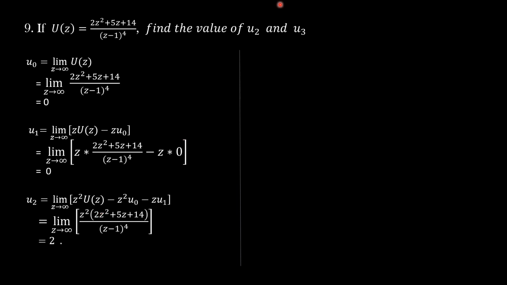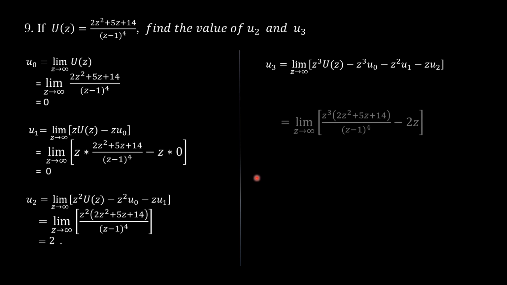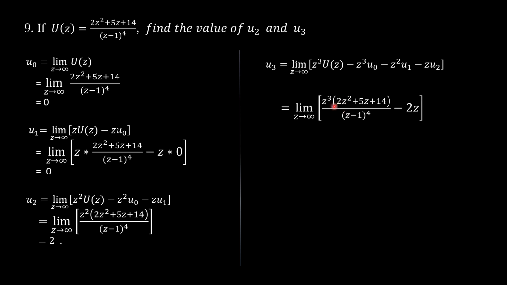The last term is u3 and is equal to limit of z cube into u of z minus z cube into u0 minus z square into u1 minus z into u2 as z tends to infinity. By substituting u of z, u0, u1 and u2, you will get u3 as limit z tends to infinity 2z to the power 5 plus 5z to the power 4 plus 14z cube divided by z minus 1 whole to the power 4 minus 2z. You can't directly apply the limit. Further simplification is needed. By taking the LCM and by simplification, you will get u3 as